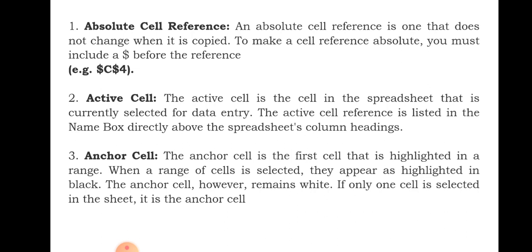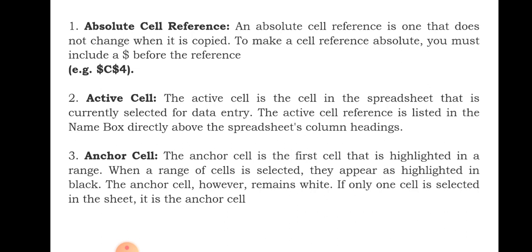By default, when you open a spreadsheet, cell A1 will automatically be highlighted and will automatically become the active cell with a thicker border. That does not make it an anchor cell. That is an active cell. But when you select a range of cells, the first cell you selected from that range, you will